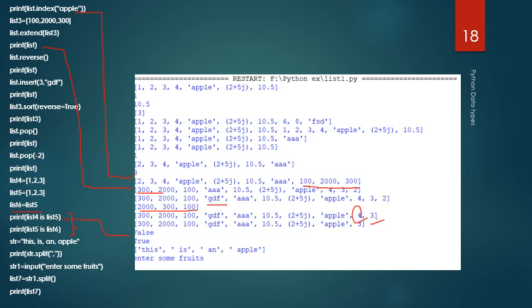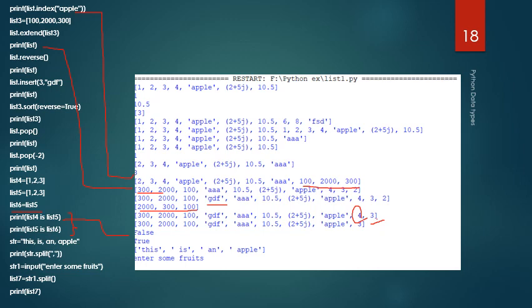That means although the contents of list4 and list5 are the same, they are pointing to two different locations. That's why it returns False. Now we are checking list5 is list6. Since list5 is assigned to list6, they point to the same memory location and return True.